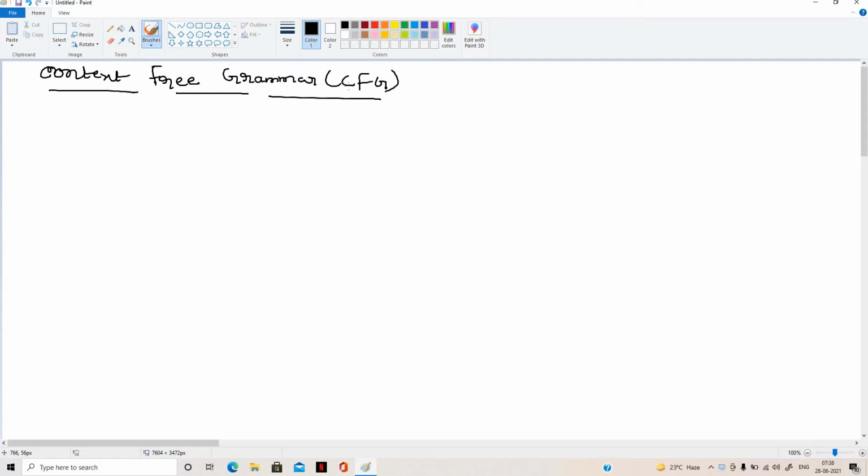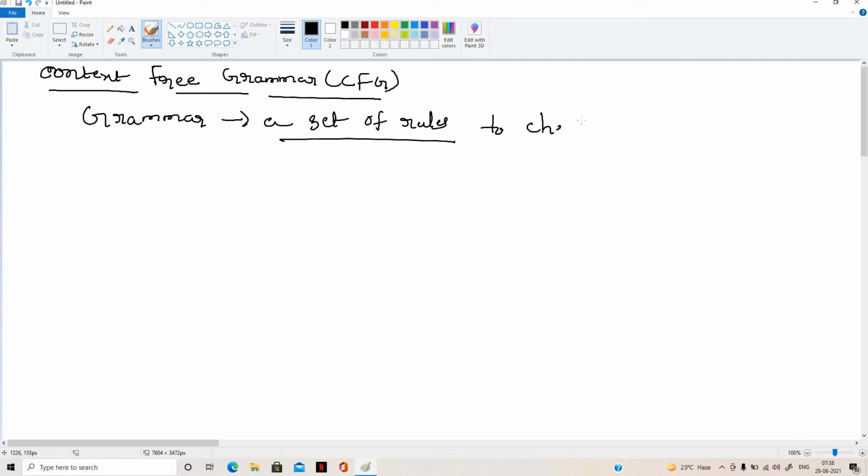So what will be the general meaning of the grammar? It is nothing but a set of rules. We can say that the grammar is a set of rules with which we can check whether a string belongs to a particular language or not.